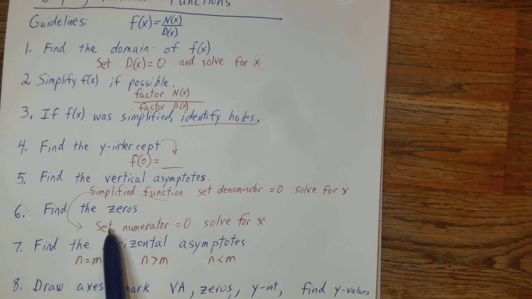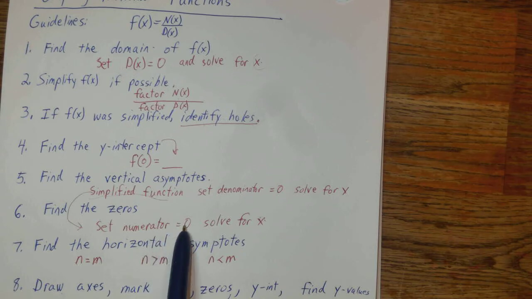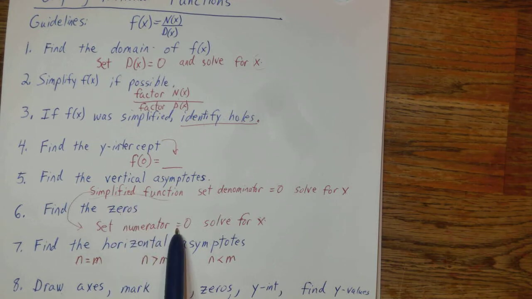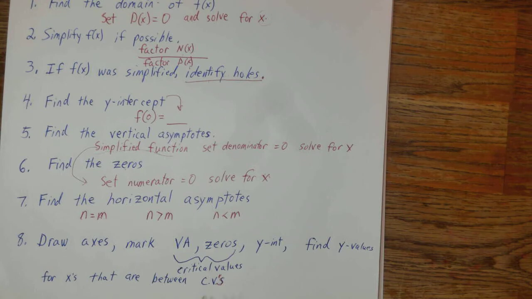Now, number 6, to find the zeros, set the numerator equal to 0. Again, from the simplified function. Set the numerator equal to 0, solve that for x. Now, number 7,